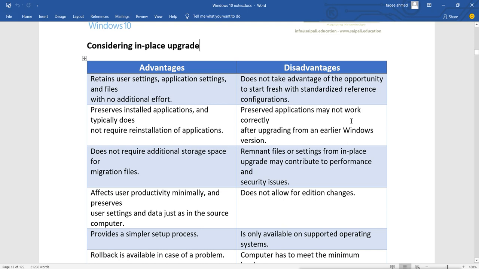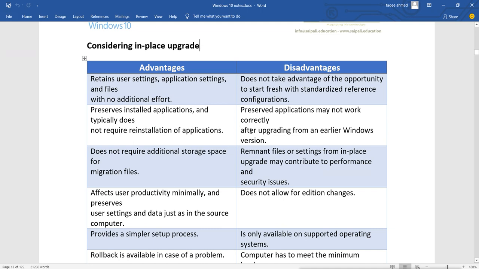So some settings or applications will not be compatible with the Windows 10 settings or interface. Some application features will work and some will not. So that can also be a problem. This is the disadvantage. The advantage is that it can retain all the applications, but some applications may not work because of compatibility problems.